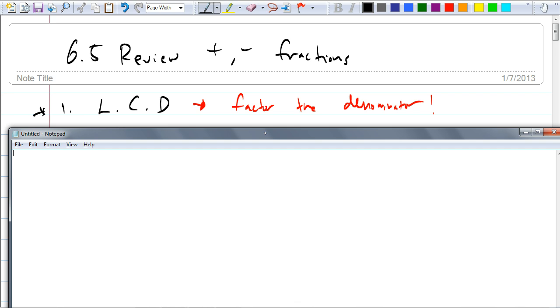But in order to find the LCD, that's what we had to do. Factor the denominators, and you list all the factors, and we choose the highest exponents. You guys remember? Because both of the denominators have to go into the LCD. So that's the first thing we need to do. And secondly, after we found our LCD by factoring the denominators and listing all the factors and choosing the highest exponents